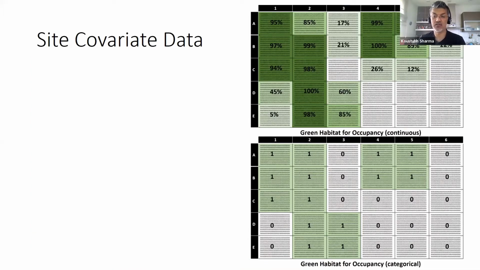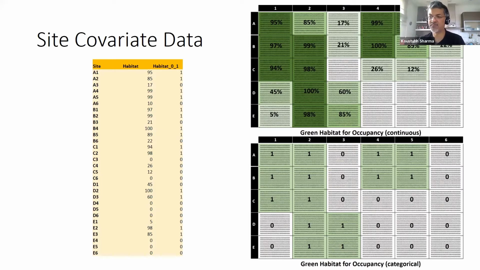This is the data of how those spatial covariates which might affect the probability of 8 using or not using a sampling unit are listed. It's a very simple table. You just have sites and then you start listing whichever those covariates are. These covariates do not change value within the sampling unit. They remain constant during the survey, so they don't change within the sampling unit, or during the sampling as well. So these remain constant during the season that you have surveyed.